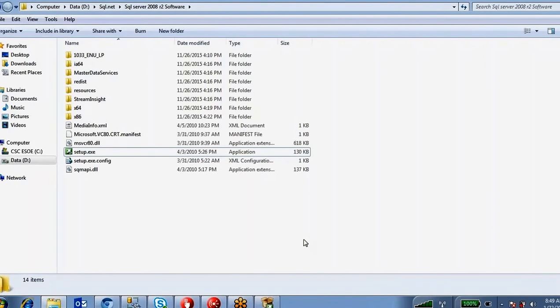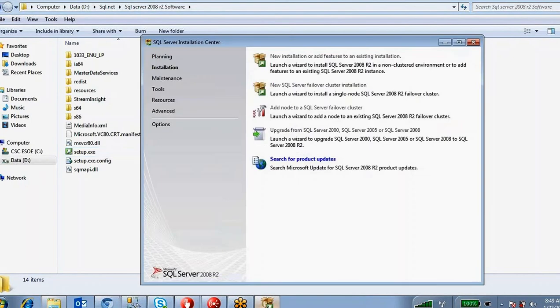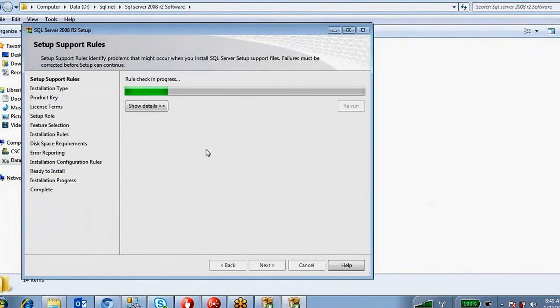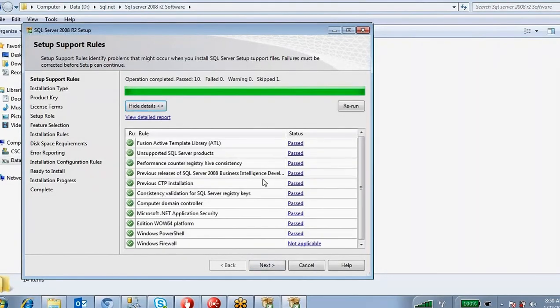Okay. Right, see. Okay, just click. You can see here whether all are passed or not.